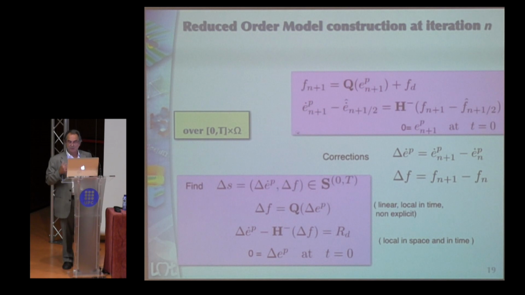Now what we do first, we introduce what we call correction. So what we want to compute these quantities, and here you have the difference with the previous iterate. So you see here the problem written in terms of correction. That is admissibility equation, the third direction with the operator capital H and the initial condition.